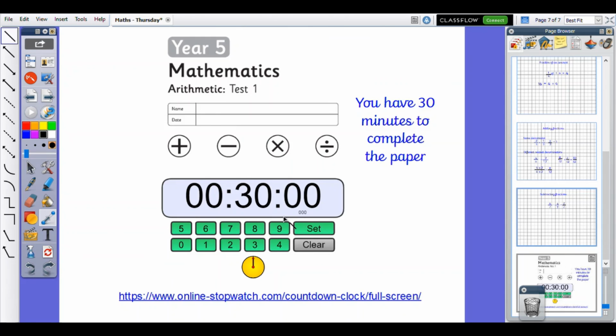And once you have done your paper, if you scroll all the way to the bottom, the answers are there, so you can self-mark your answers as well, please. And then next to it, you can put what you got out of the total amount. Okay, so if